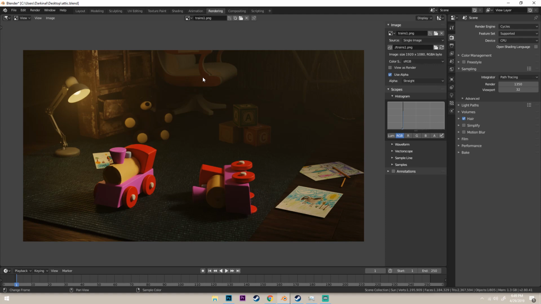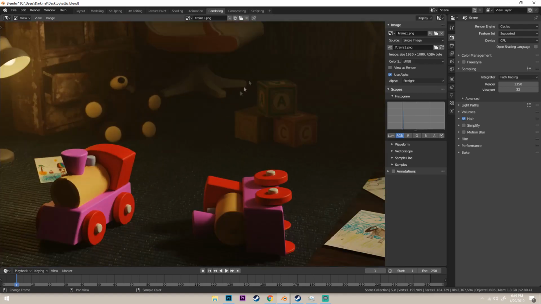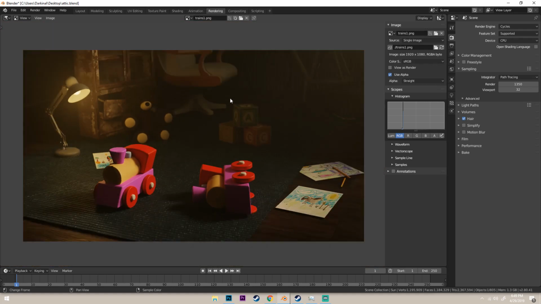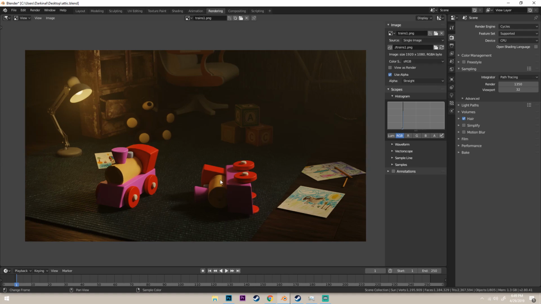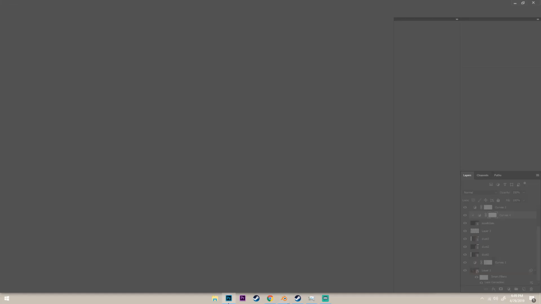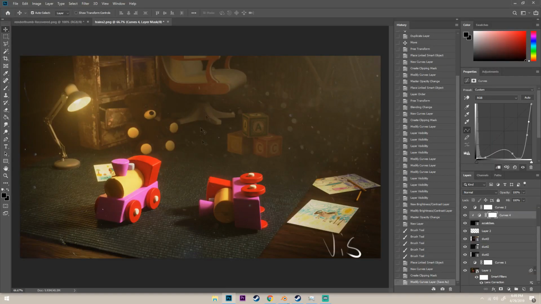I'm gonna be teaching you how to do this in Photoshop, but there's a free alternative that I'll leave in the link in the description called Krita, and it's just an art and drawing program that I use sometimes. It's basically the same concept that I'm doing here, but the shortcuts might be different, so you're just gonna have to look those up. But we're gonna be doing it in Photoshop, and this is what our end result is